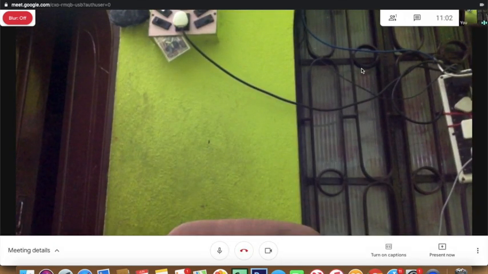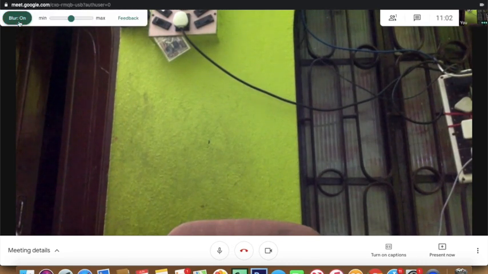Now to blur this background, you can see there is a button appearing over here, blur off. This is due to the fact that you added that extension. Now I'm going to blur my background. So blur on. Now I'm turning on the blur. Now you can see that there is a minimize and maximize button. So you can blur up to the extent you want.